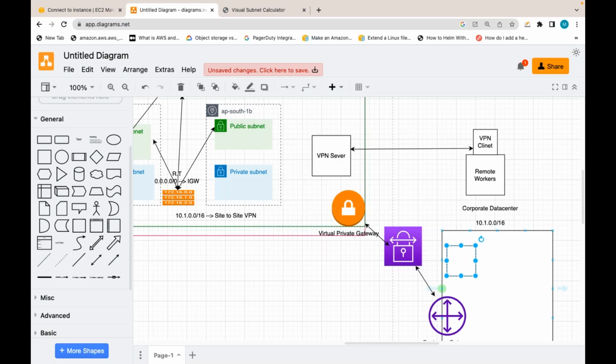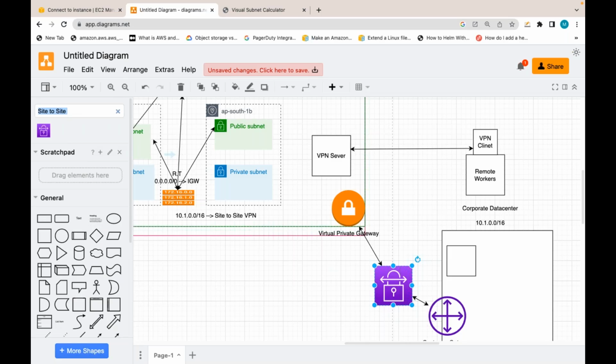Yes, this is again via internet, but there will be some kind of network congestion and network latencies, because the site-to-site VPN also depends on the public internet only. In the peak hours, there is network congestion. If you don't want that type of network latency and congestion, there is one more service offered by AWS,